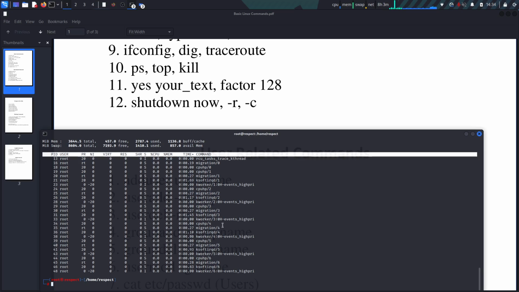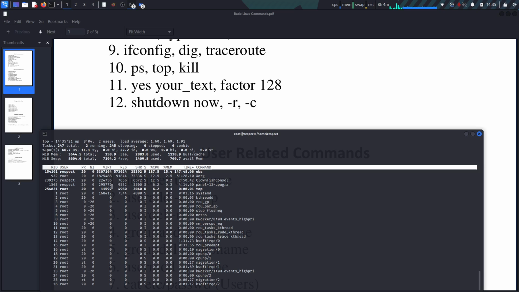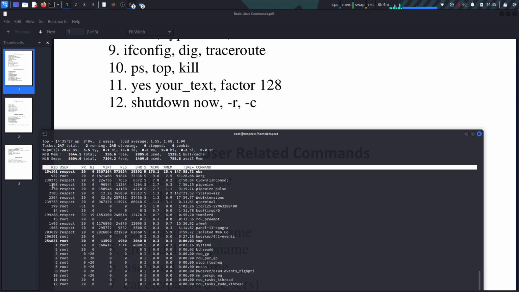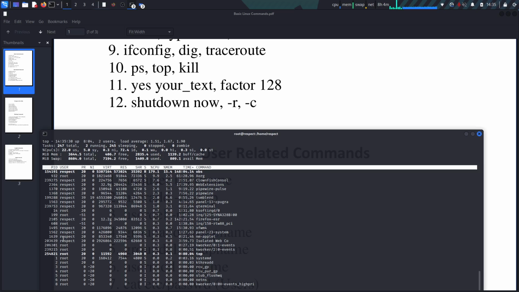So there's one more use related to top, which is kill. For example, if you want to end any task in Windows 10, Windows 11 or Windows 7, you open the task manager, select the task and press the End Task button, and that task will automatically be terminated or closed. If you want to do this in Linux, type top, press enter and see which task you want to cancel or end. Just copy that task's process ID. For example, I want to cancel this one,